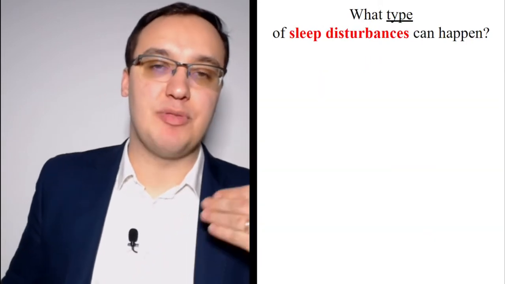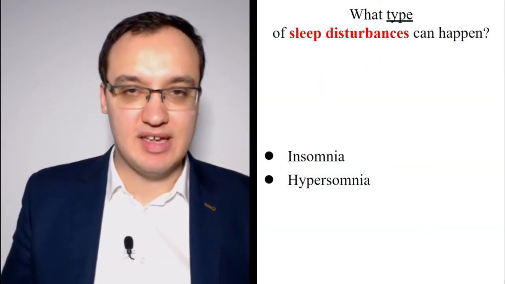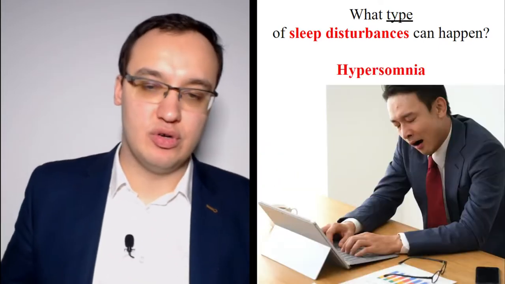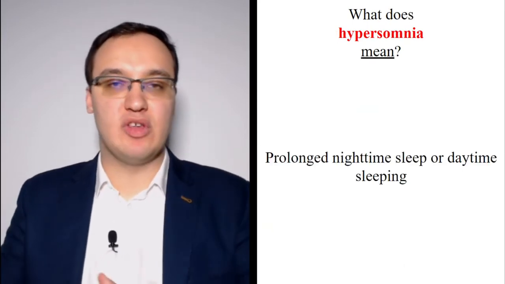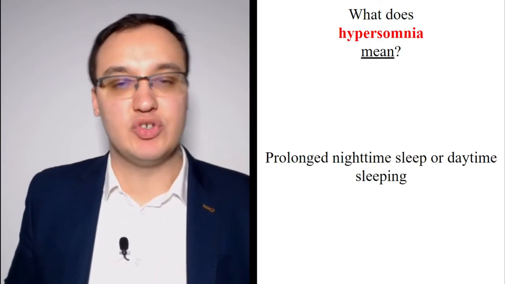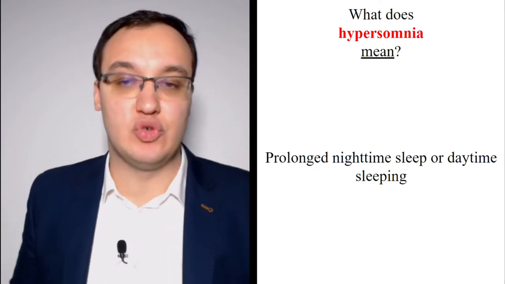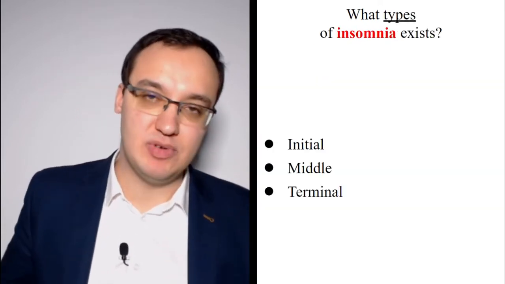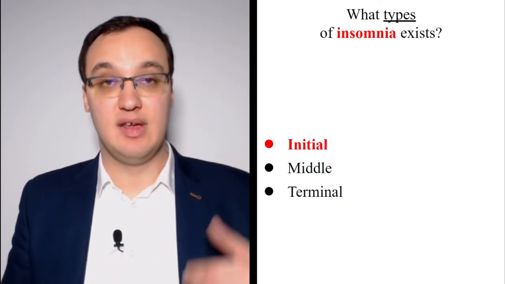Okay. Sleep disturbance. This can be something called insomnia, or it can be hypersomnia. The same as with eating, it can be too less of sleeping or too much of sleeping. Okay? Hypersomnia just means that you sleep more than normally. For example, instead of sleeping 8 hours, you sleep 10 hours or 11 hours. And during the day, you also want to sleep. That's hypersomnia. Insomnia just means that you sleep too few hours, let's say 4 hours, 5 hours a night.